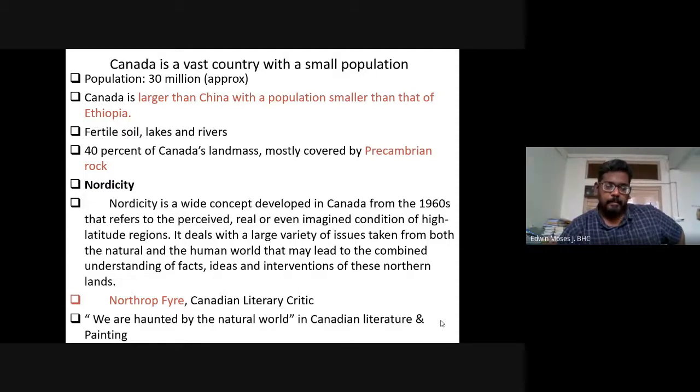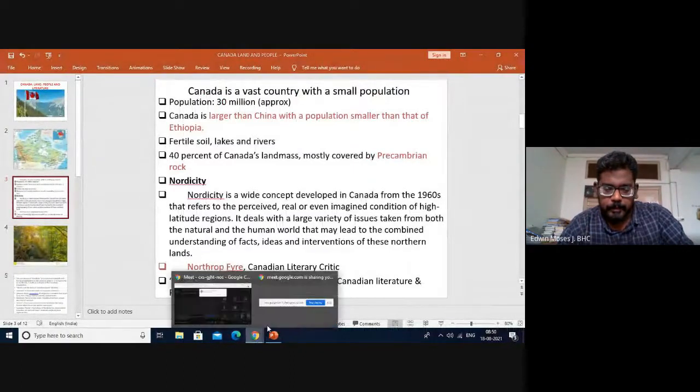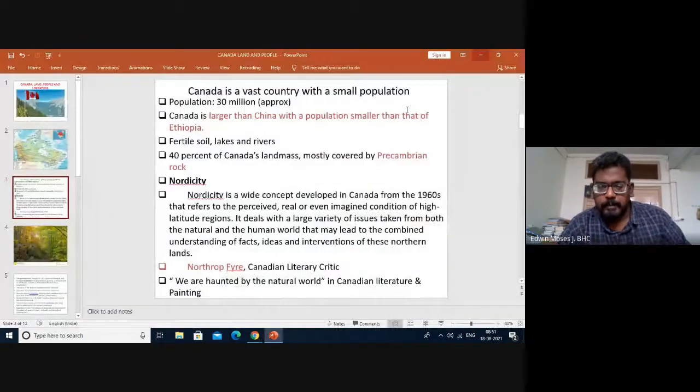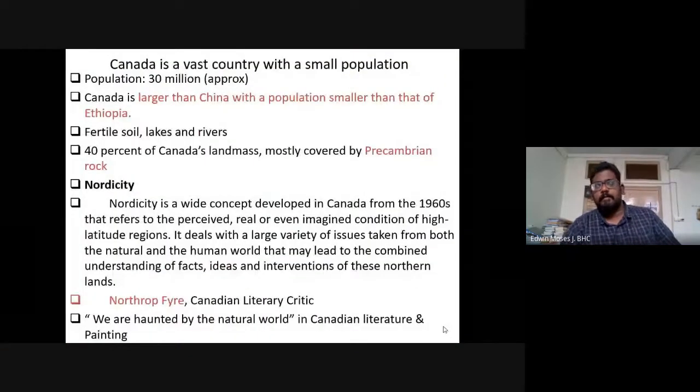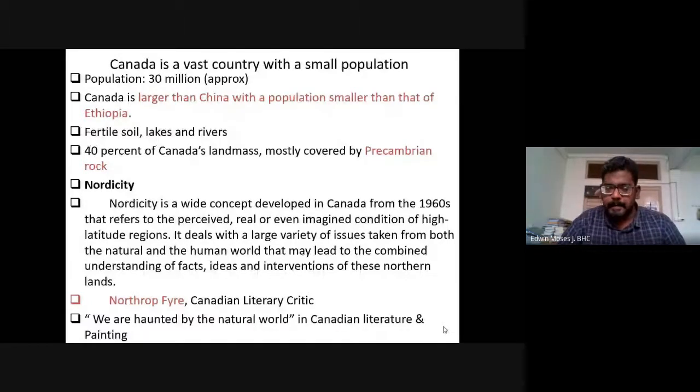And this concept of Nordicity you have to understand, especially with regard to Canadian literature. Nordicity refers to the north of Canada, right? It's a wide concept, developed in Canada from the 1960s, that refers to the perceived, real, and imagined conditions of high latitude regions. So the more we go towards the north of Canada, the altitudes are high, and